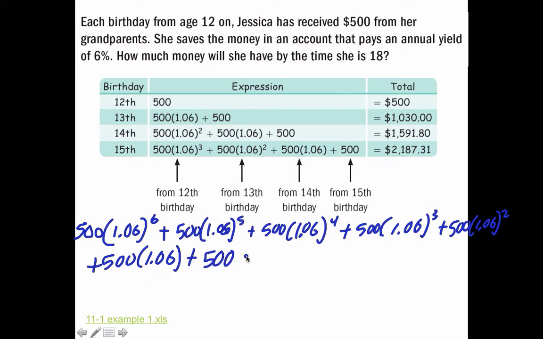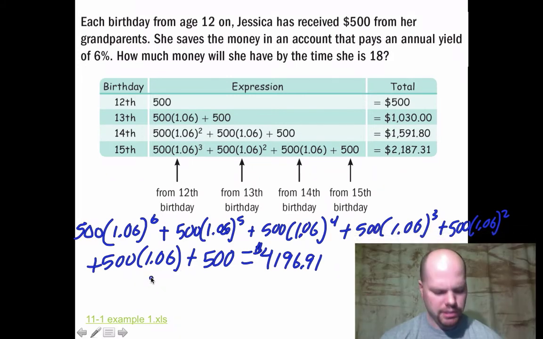got $500 more, and that ends up being a total of about $4,196.91 is what her total will be on her 18th birthday. Okay, now this is something that's set up pretty nicely for an Excel spreadsheet. So if you are comfortable with only calculating it this way, skip ahead to the next example. If you want to see how it's done on an Excel spreadsheet, follow me along in that, doing this problem